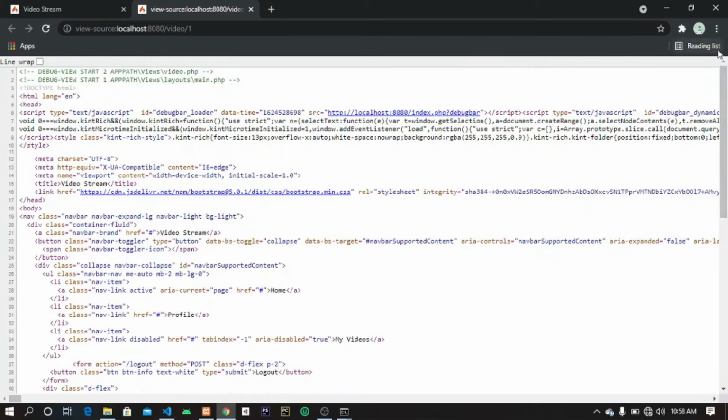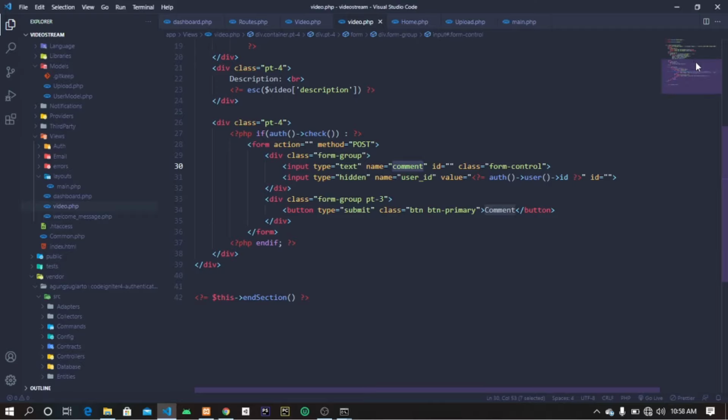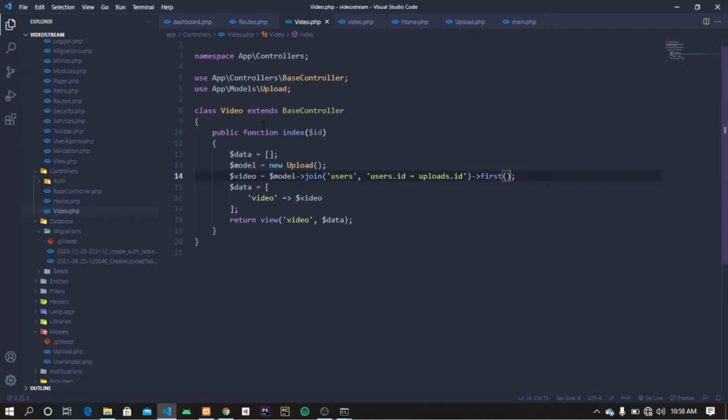If I refresh this and press Ctrl U, let's look for the hidden field. Okay, now you can see we have its user ID here. All right, good. So let's go ahead and start building up this page. This is rendering from the video, which is in this page. So just right down below here, we're going to do